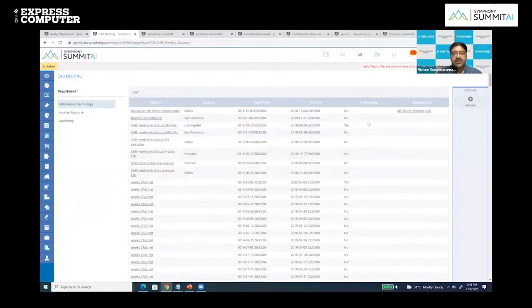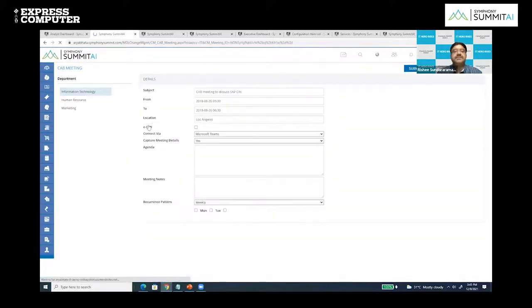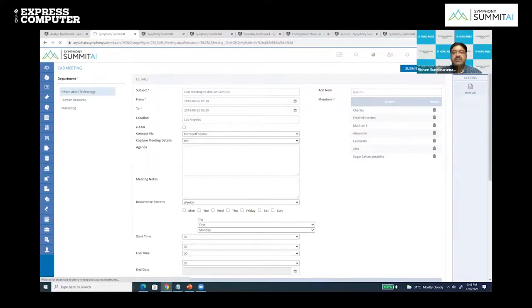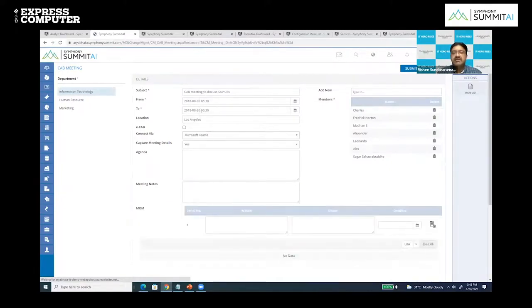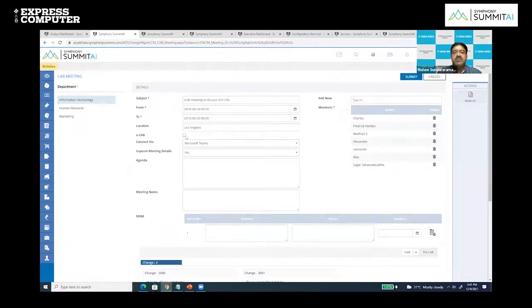And more importantly, you can see this CAB meeting, the weekly CAB meeting that has been set up, right? In the CAB meeting, I can decide what the CAB meeting is all about, whether it is a repetitive kind of CAB or whether it is an emergency CAB, right? So you can define an emergency CAB meeting also. For example, when there is a major downtime, or a 0-day attack and you want to immediately implement a particular patch to an application, you need not go through all these processes. You can also create an emergency change, and based on which it can have a faster review cycle and implementation cycle. There can be a war room